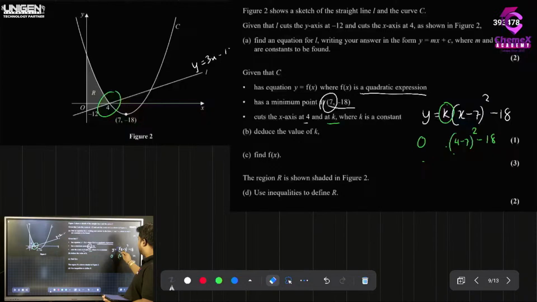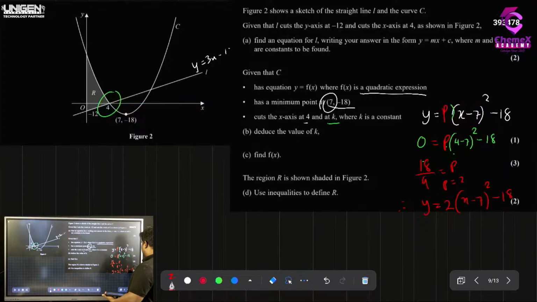Let's not put k here. Something else you have to put there. What can we put? Let's say p, a constant. So 18 divided by 9, p equals 2. So the equation of this is y equals 2 bracket x minus 7 squared